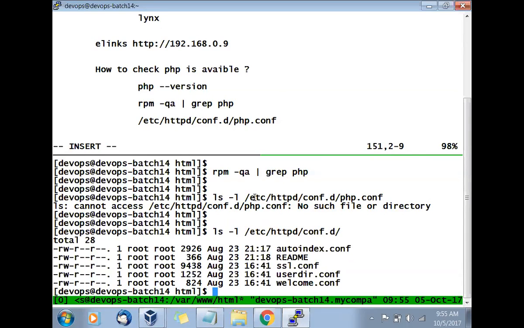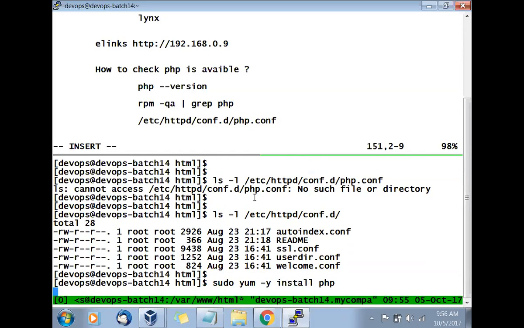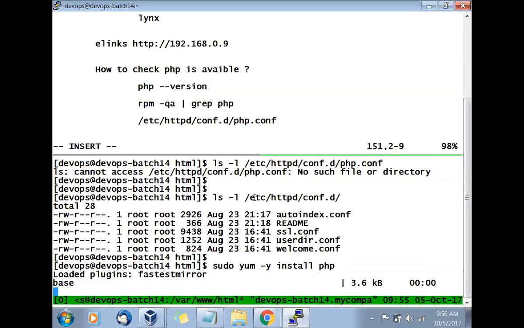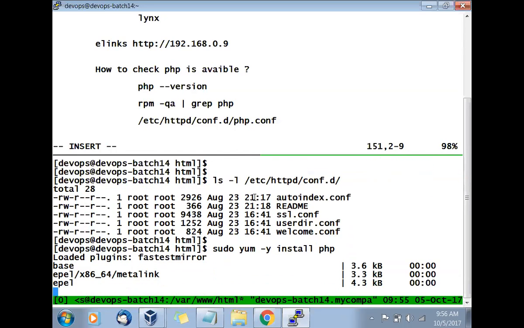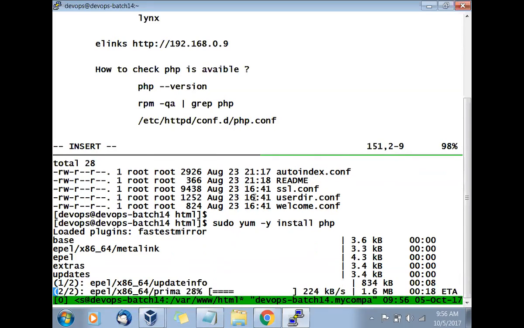There is no PHP. Okay. So let's go and install PHP, so automatically it will create a file in that. Ready, steady, go. yum -y install php. So we will try to address both of the possibilities. That means installation of PHP, and Apache should be able to see the PHP. Using that configuration file, Apache will see, hey, where is the PHP? So it says, hey, here is the PHP.